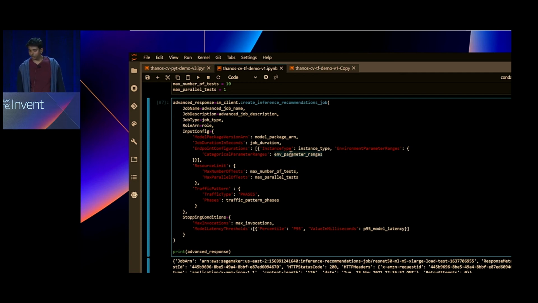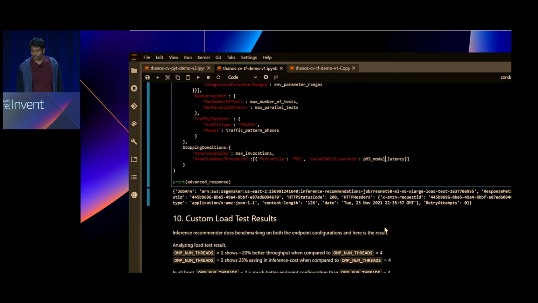So instead of replicating the same instance type for each value, you can provide a comma-separated list of values that you want to test. And then we define our limits here, our traffic pattern, and then our stopping conditions, which are our max invocations as well as the P95 model latency.